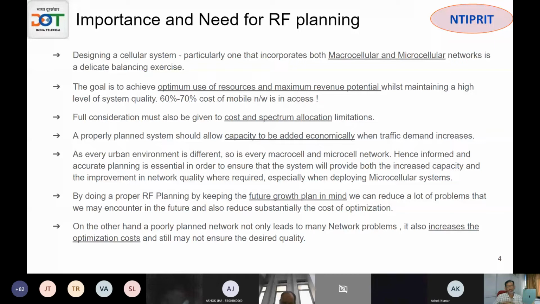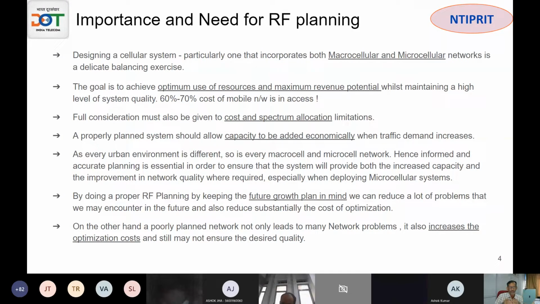And then the goal is to achieve the optimum use of the resources. As I said, a lot of investment goes to the RF network, and it is more or less an inflexible investment, unlike a core network which is in a few cities. Whereas the RF network is spread across, in fact, lakhs of locations, and changing the location is not kid stuff, including local body permissions involved, apart from moving of the assets and all. So initially, when you are planning, you have to get it right. And of course, every operator has their own spectrum allotted, so we have to play within that, and there is always a budget which is planned.